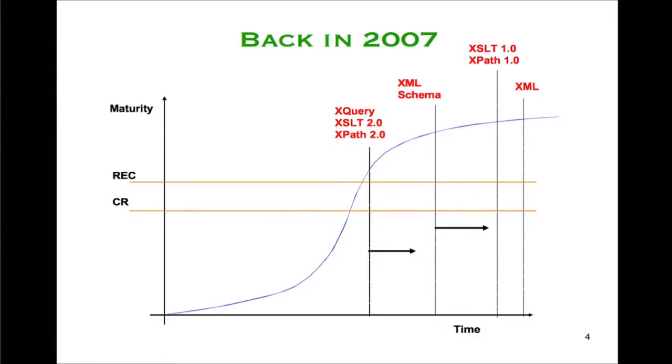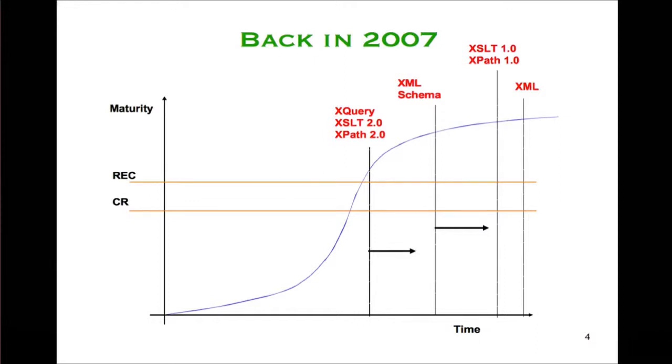But in this particular case, I think that sort of maturity curve that I use on that graph, with the standards moving towards the right, has actually proved quite an accurate summary of where things were. In 2007, I was showing XML and the 1.0 standards as being close to some kind of plateau of maturity. I was showing XML Schema without a version number there. I was being a little bit behind, but also in the sunlit uplands.